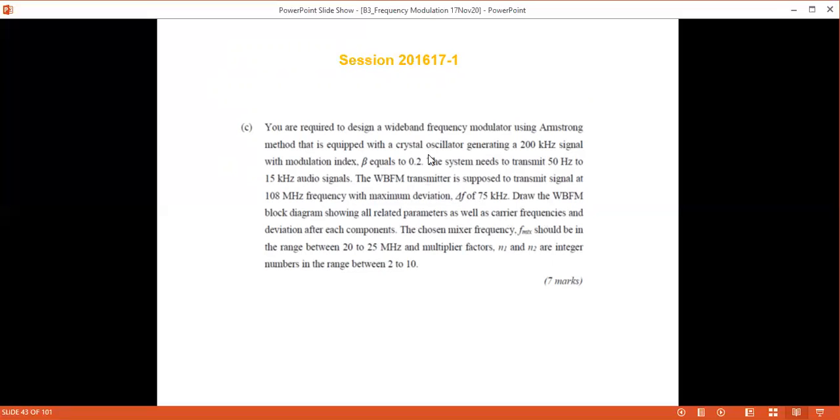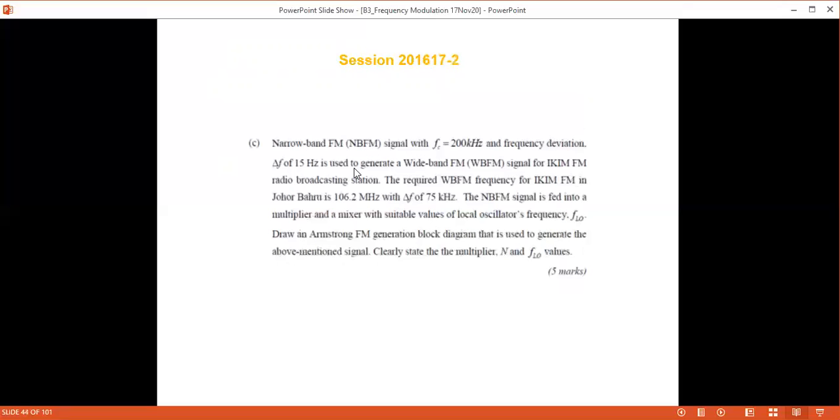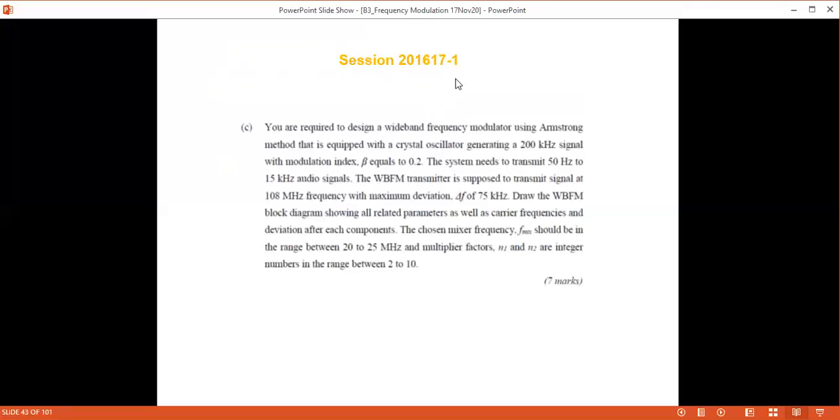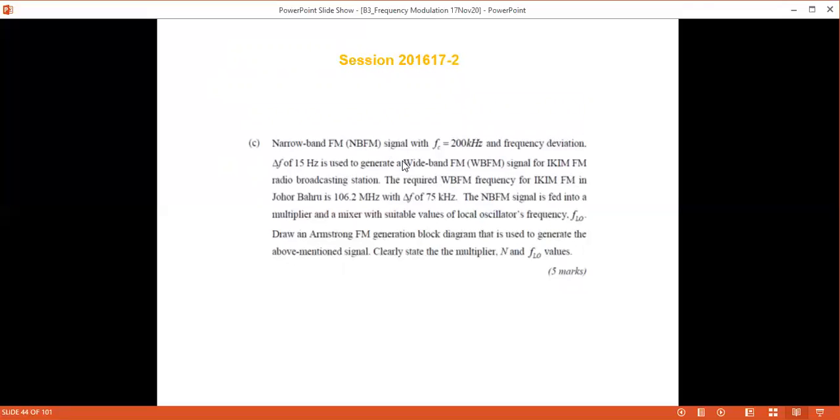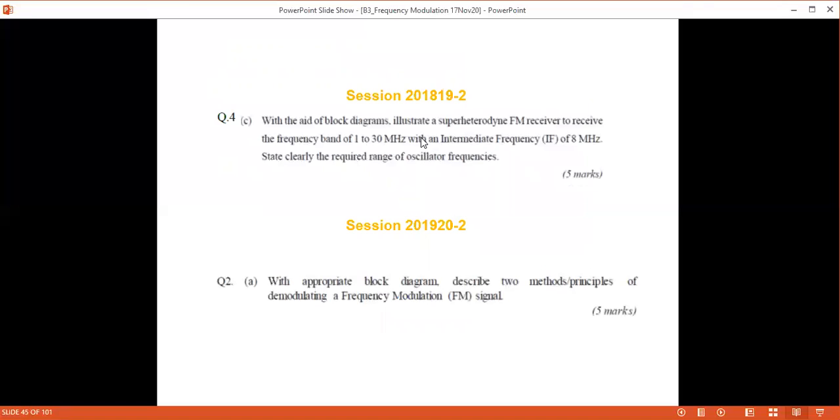Again for this year, on wideband FM. This is semester 1. Semester 2 also: narrowband to generate wideband FM. Again, wideband FM signal. And then after that, 2018-19,